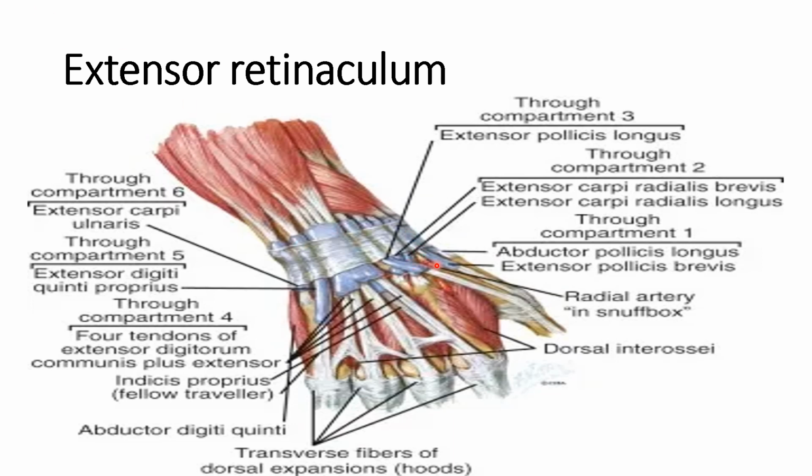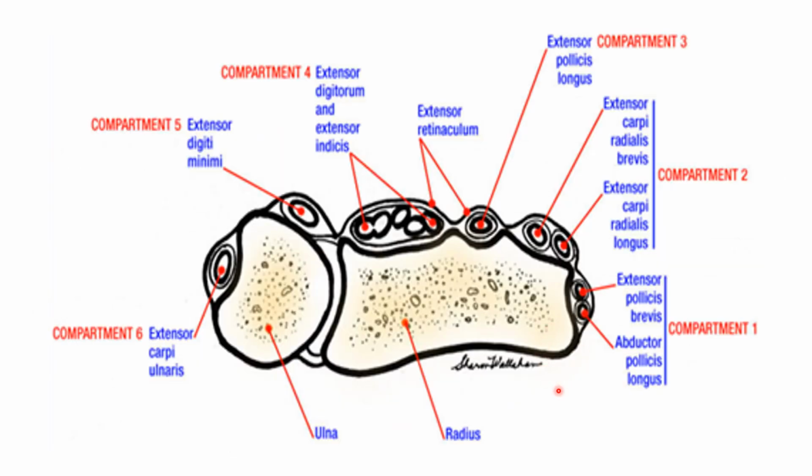So laterally, the extensor retinaculum is attached to the anterior border of the radius, and from here the fibers run medially and distally to be attached to the triquetral and pisiform bones. From the deep surface of the extensor retinaculum, fibrous septa pass to the bones of the forearm, dividing the extensor tunnel into the 6 compartments from where the extensor tendons pass. Later I will show you it in detail. So here in this picture you can easily see the 6 compartments that are formed.